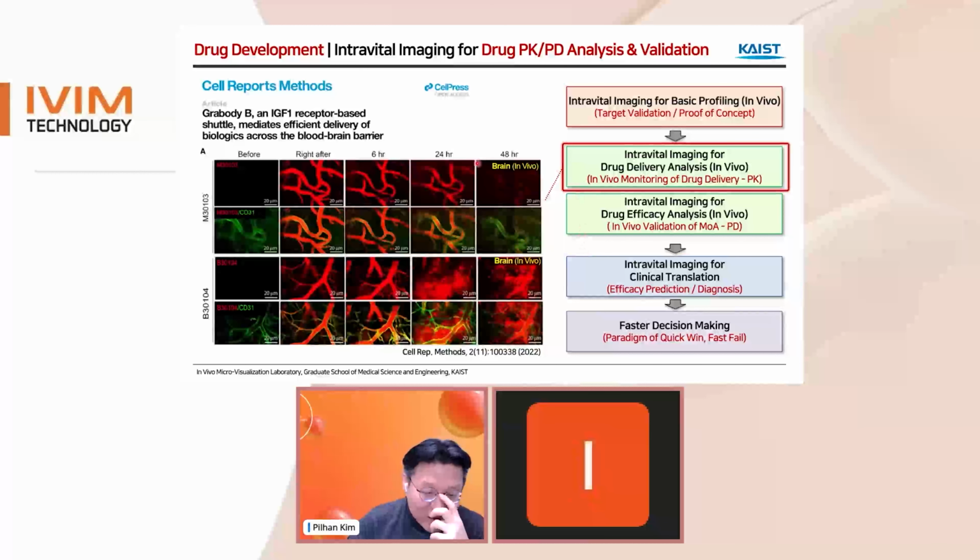And then also, by using this cranial imaging window, we can do drug delivery imaging in the brain. So as you can see, this is a 48 hour longitudinal imaging. And this time we monitor antibody drugs. So this red color is the antibody drugs. Upper panel is the unmodified version, so control antibody drugs. And lower panel is modified antibody drugs to make it